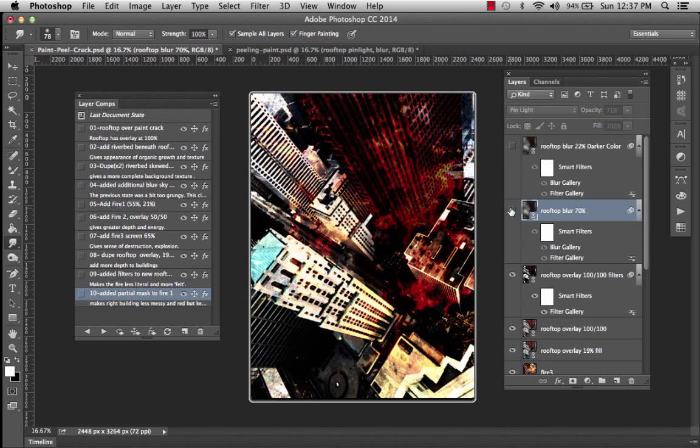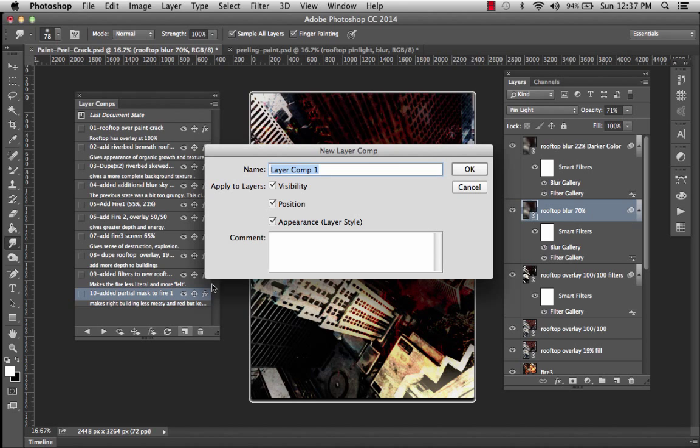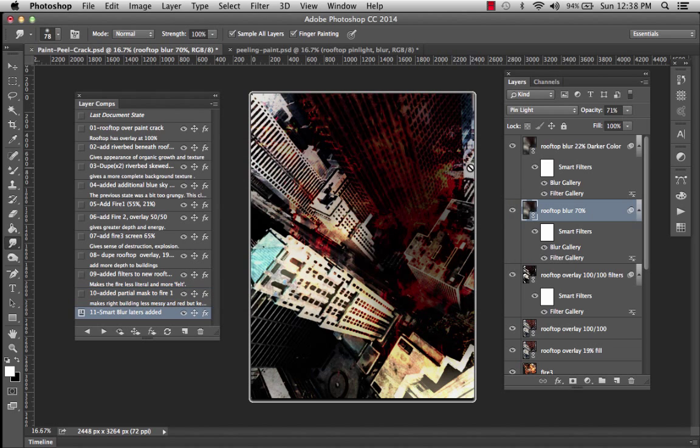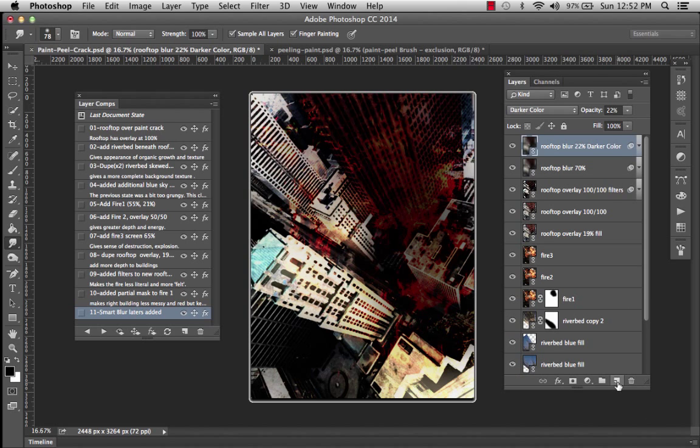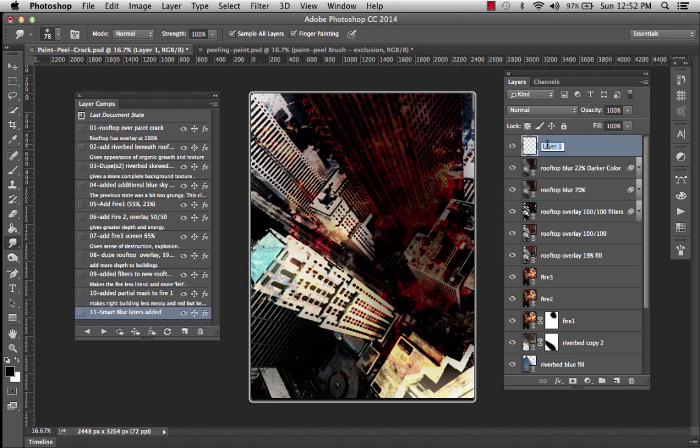Okay, and then I'm going to adjust some of the transparency or the visibility so that you can see, and so that I can make my layer comp. I'm going to collapse all of my effects to give me more room in my panel. And I'm going to make now a new